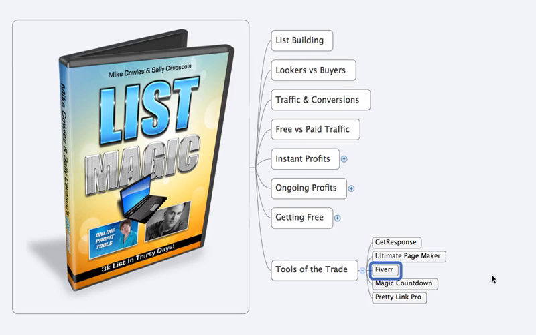So the next tool of the trade is actually not a tool, it's a resource for hiring people, and that's Fiverr.com. There's 2 R's in that word, Fiverr. With Fiverr, you can use this for getting around the whole technical limitations if you're new, or if you just don't want to waste the time with it. So for instance, if you're like, great, I want to build a list, but I don't want to mess with Get Response. I don't want to learn how to set up a form or the follow-up series or whatever. I just want to have somebody else do that.